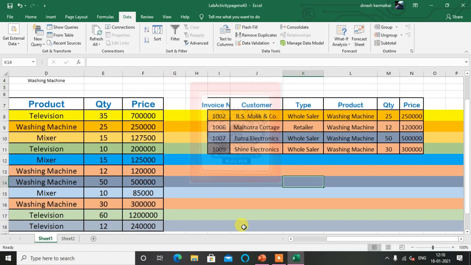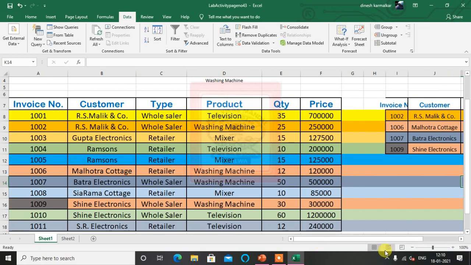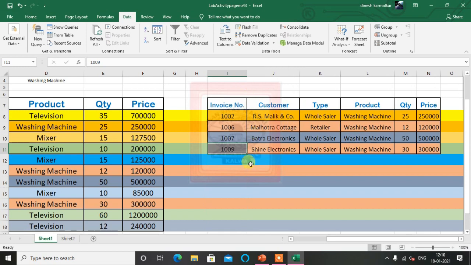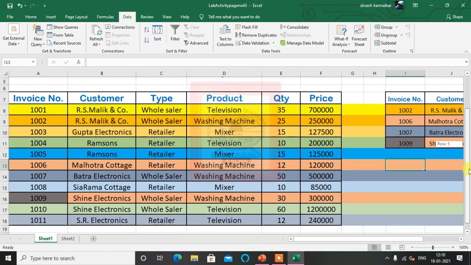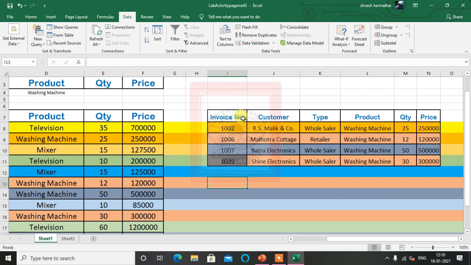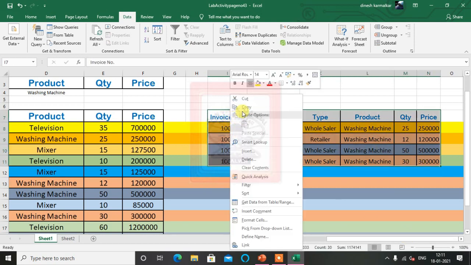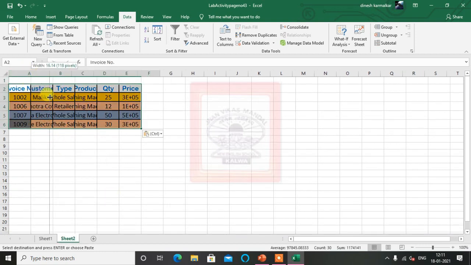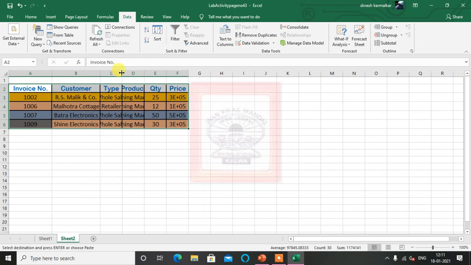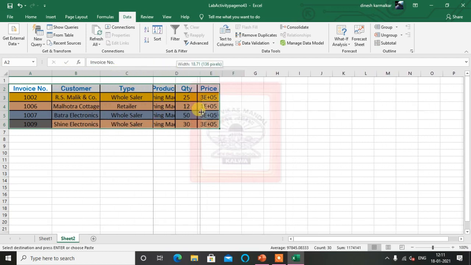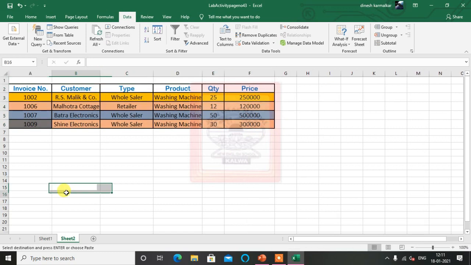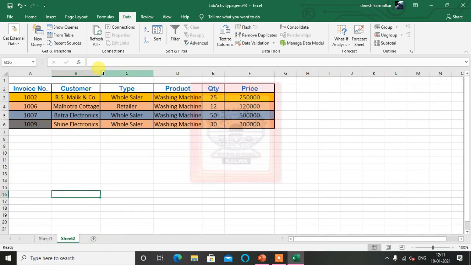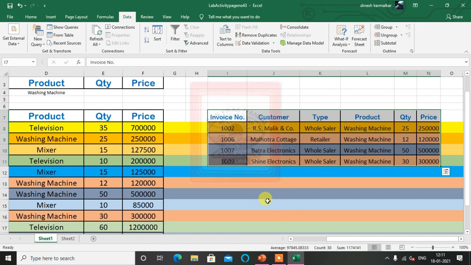So it is not going that side, it is going only to the active sheet. So we have to copy it here only. Or to see it clearly you can copy it down also. Or afterwards, just click copy from here, then go to sheet 2 and paste it here. Now you can see all the different things very visibly and properly on sheet 2. We can see clearly what you have done here.